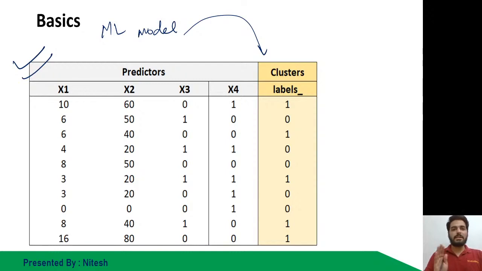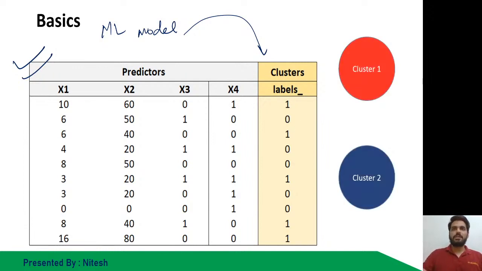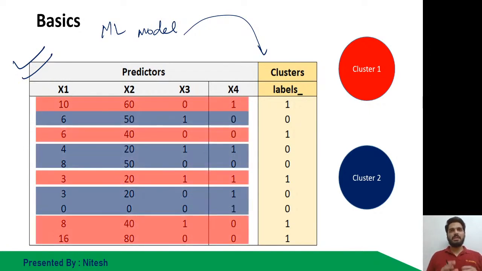तो अभी के लिए मुझे नहीं पता, सिर्फ तुक्का मारा है कि 2 ले लेते हैं. तो पूरे के पूरे डेटा सेट को उससे सिर्फ 2 कैटेगराइज में डिफरेंशिएट कर दिया, whether it is 1 or 0. So it has made 2 broad clusters, cluster 1 and cluster 2, and these are the rows that it has picked up and saved in those clusters.